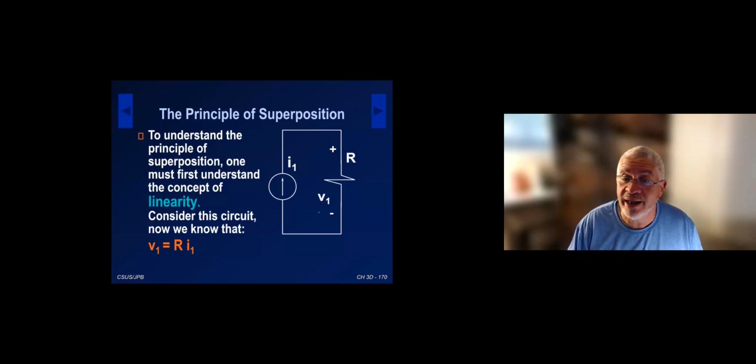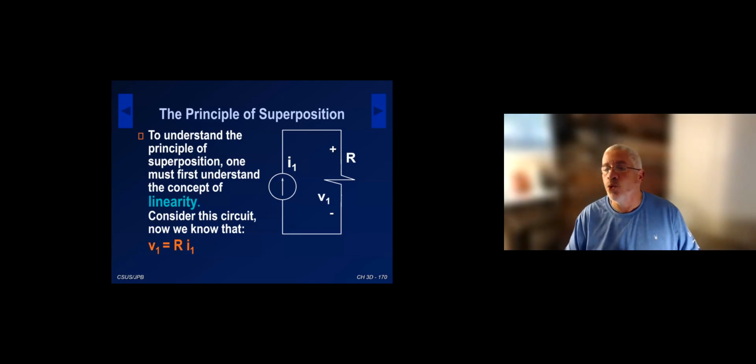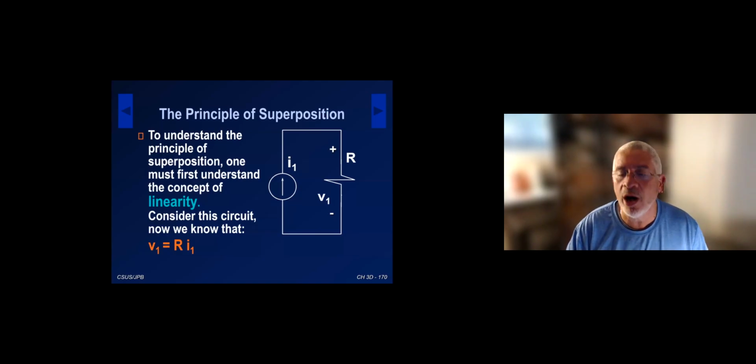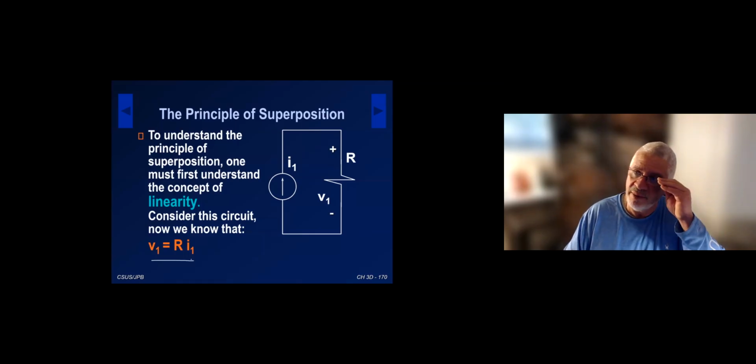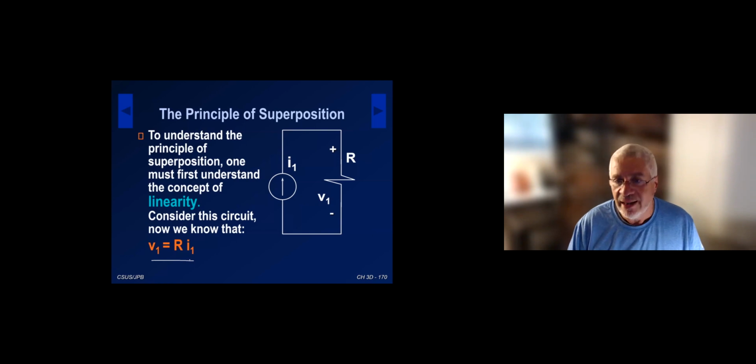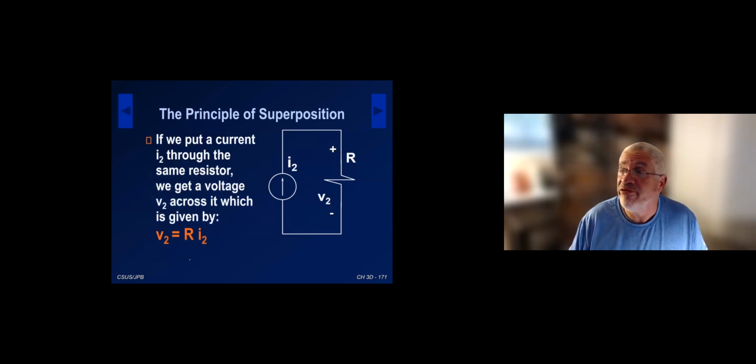Let's look at a circuit that has a current source, putting some current I1 into a resistor R. And then I ask you, what is that voltage across the resistor R? Of course, Ohm's law, the passive sign convention is satisfied here. I would basically say the voltage across the resistor is simply the resistance times the current, because that's a fairly obvious thing. Okay, if I have a different current, I put a current I2 into the resistor, then you can